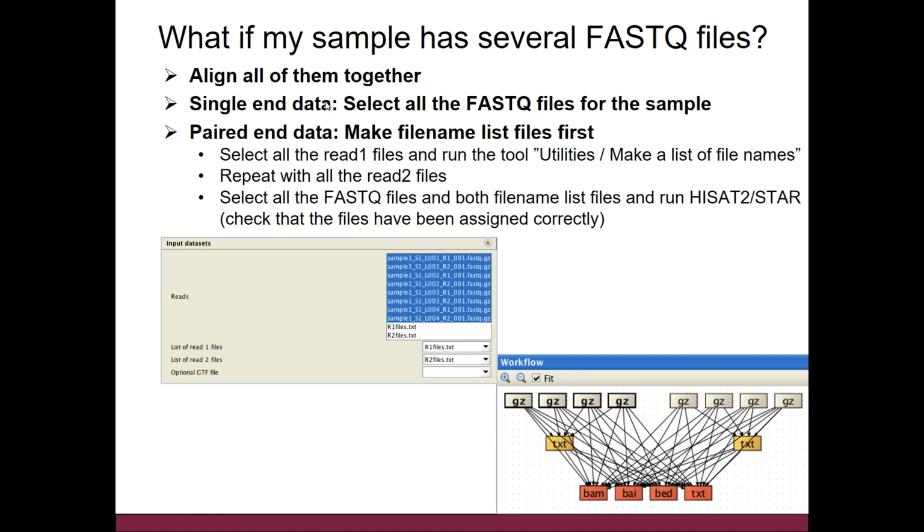So you need to make file name list files. And the way you do it is that, in my example here, we have 8 files. So these are the forward reads, which we call read ones, and these are the reverse ones or read two. So what I would do is I would select first all the read one files